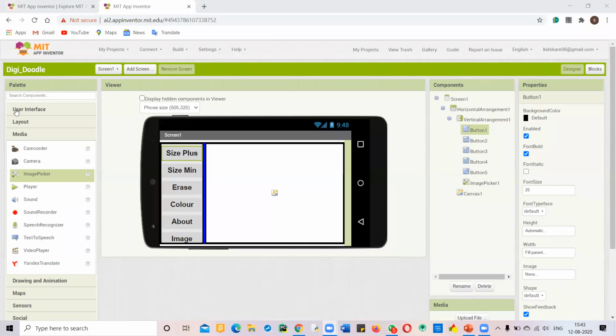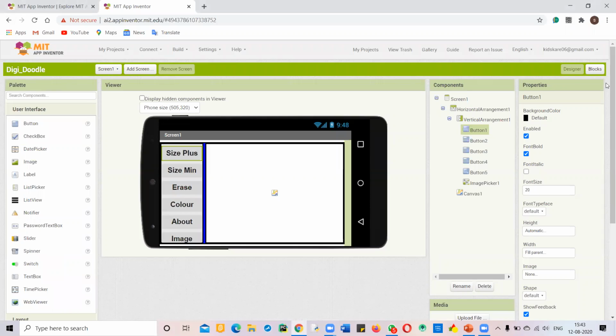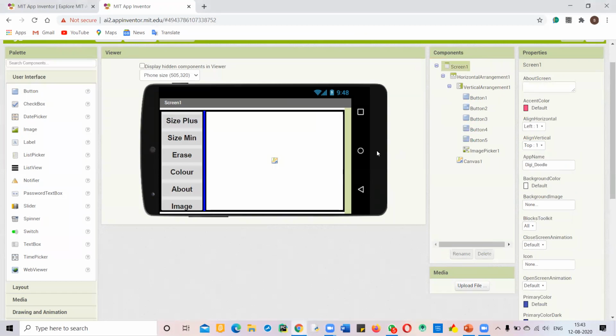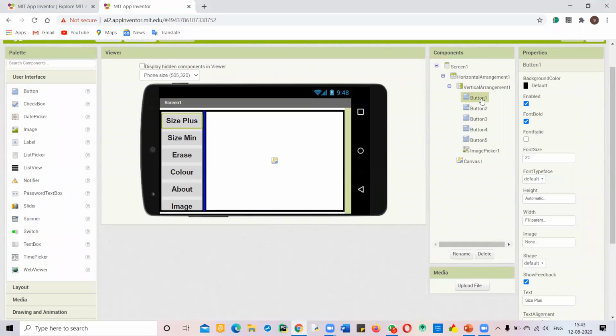Okay, so let's start the class. In the components bar, you have to click on Button1 and there is a property here, Rename. This property is used when we make bigger apps and there are so many components that we are not able to recognize the buttons and things properly.